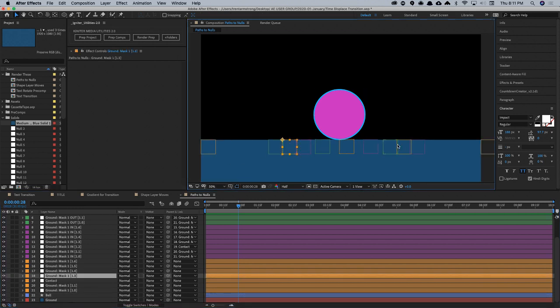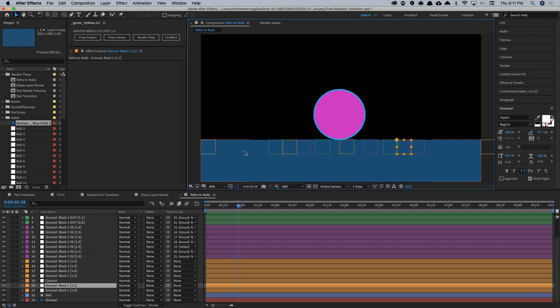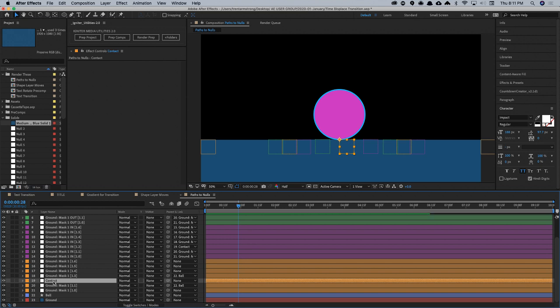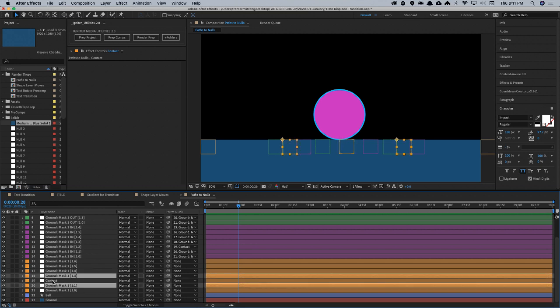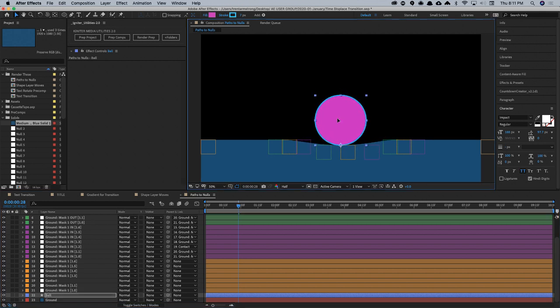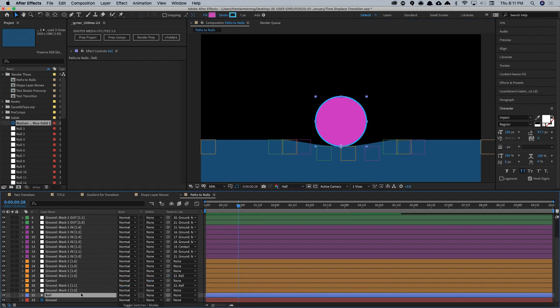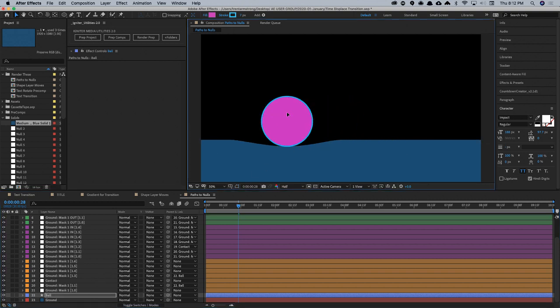Check our other nulls over here, and maybe we could parent them to the ball. Actually, let's move the ball down here a little bit, like that, and then parent them to the ball. Those two guys, like that. And now, if I move the ball side to side,